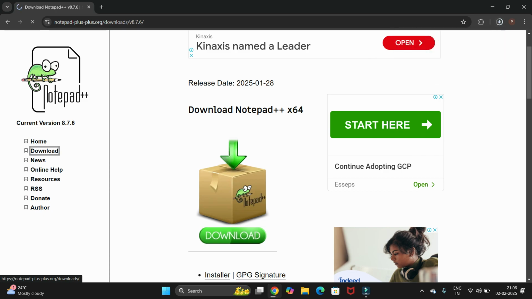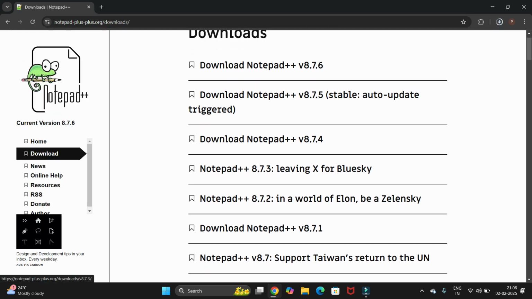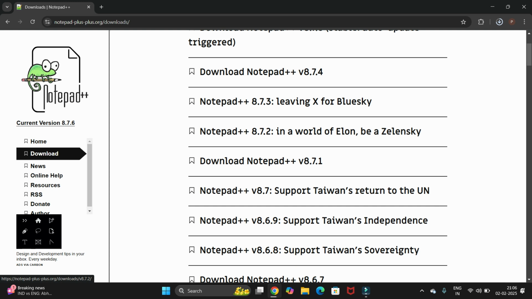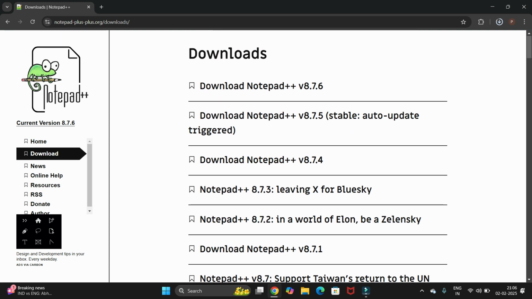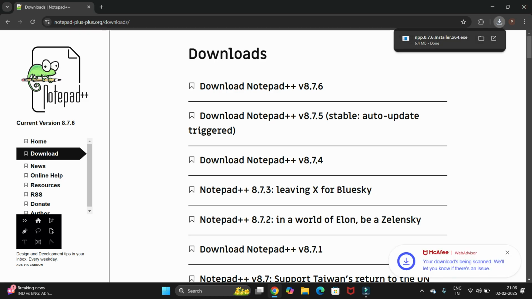If you go to downloads option, here you will get the other version, that previous version as well. If you want the previous version, you can just directly go to the downloads option and you can download it from here, but we'll install the latest one only. So we have completed the downloading. Let's install it. For that, just open it,